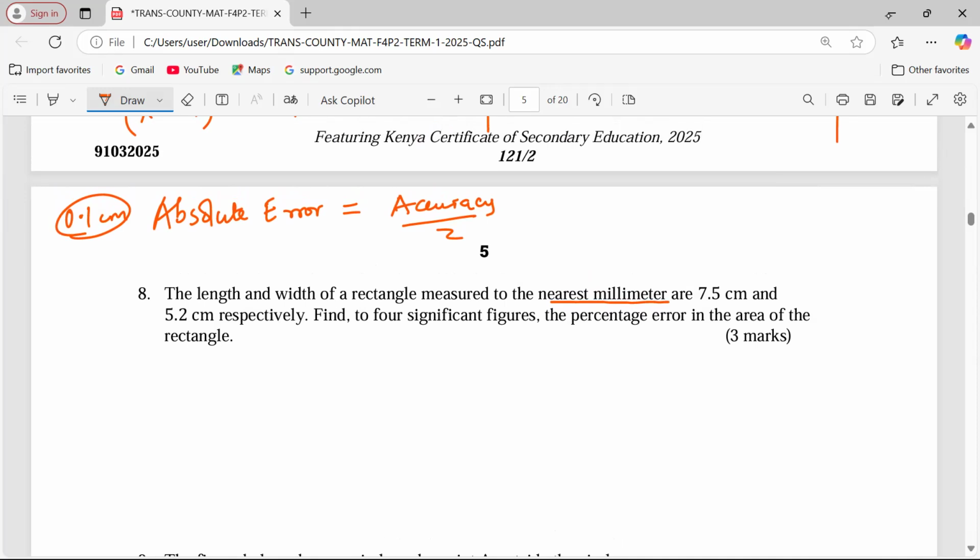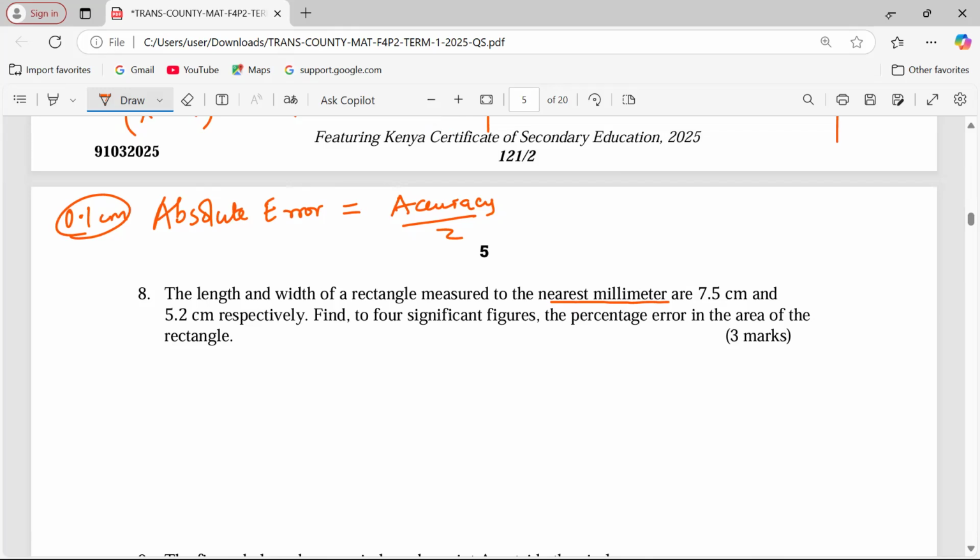So the absolute error in recording both these two dimensions. In other words, accuracy is the least measurement that can be recorded. The least measurement recorded. So if we are having 7.5, it means the next measurement will be 7.6, 7.7, 7.8,